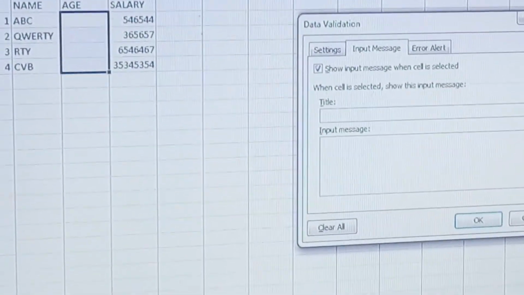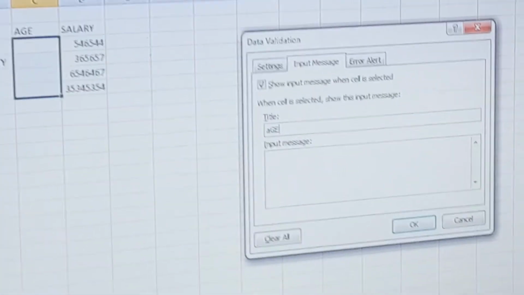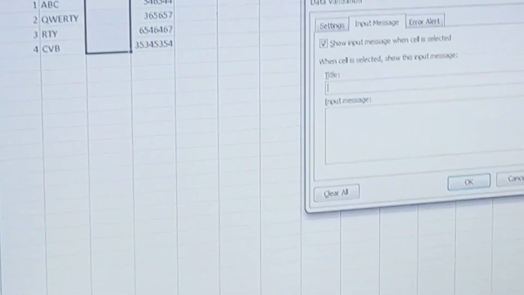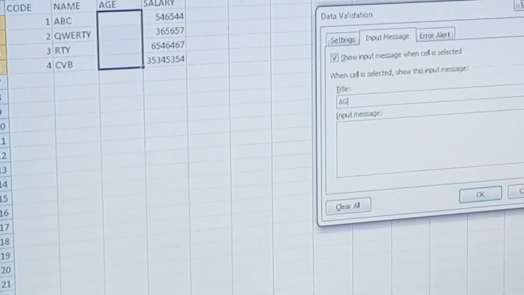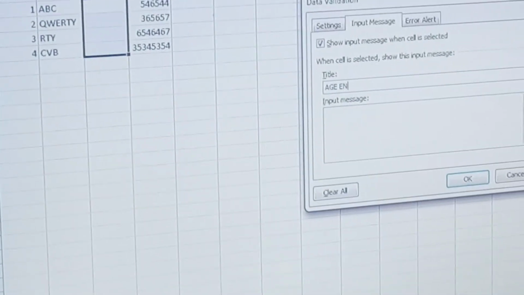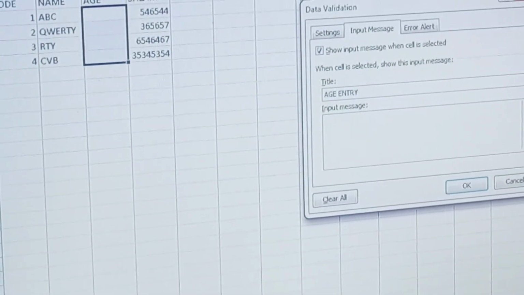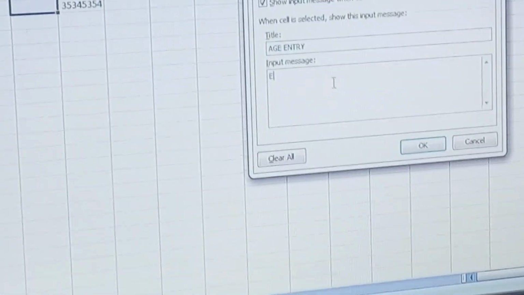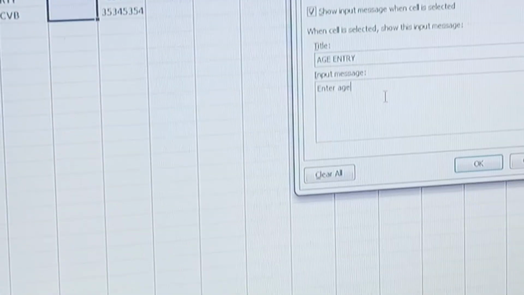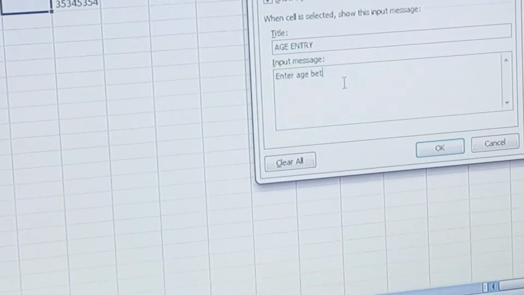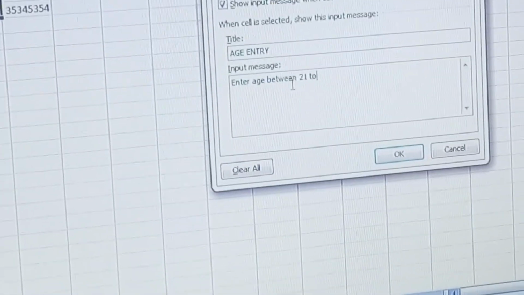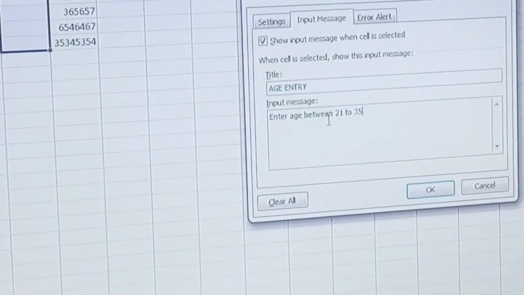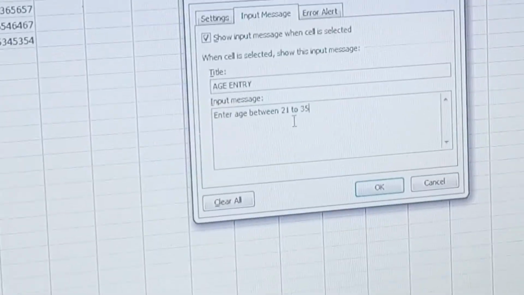Suppose I give the title as age entry, and the input message: enter age between 21 to 35. Suppose it is an age entry and it is a message.